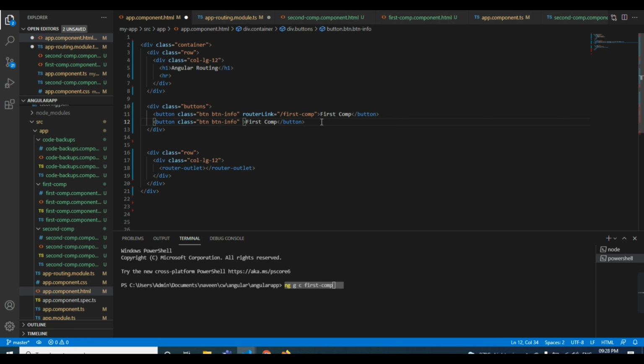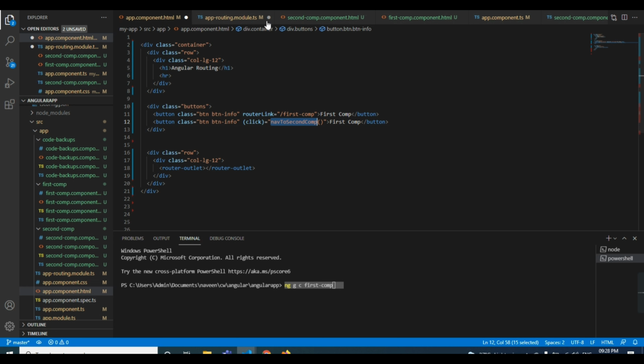I will give a click function: click equal to navToSecondComp.